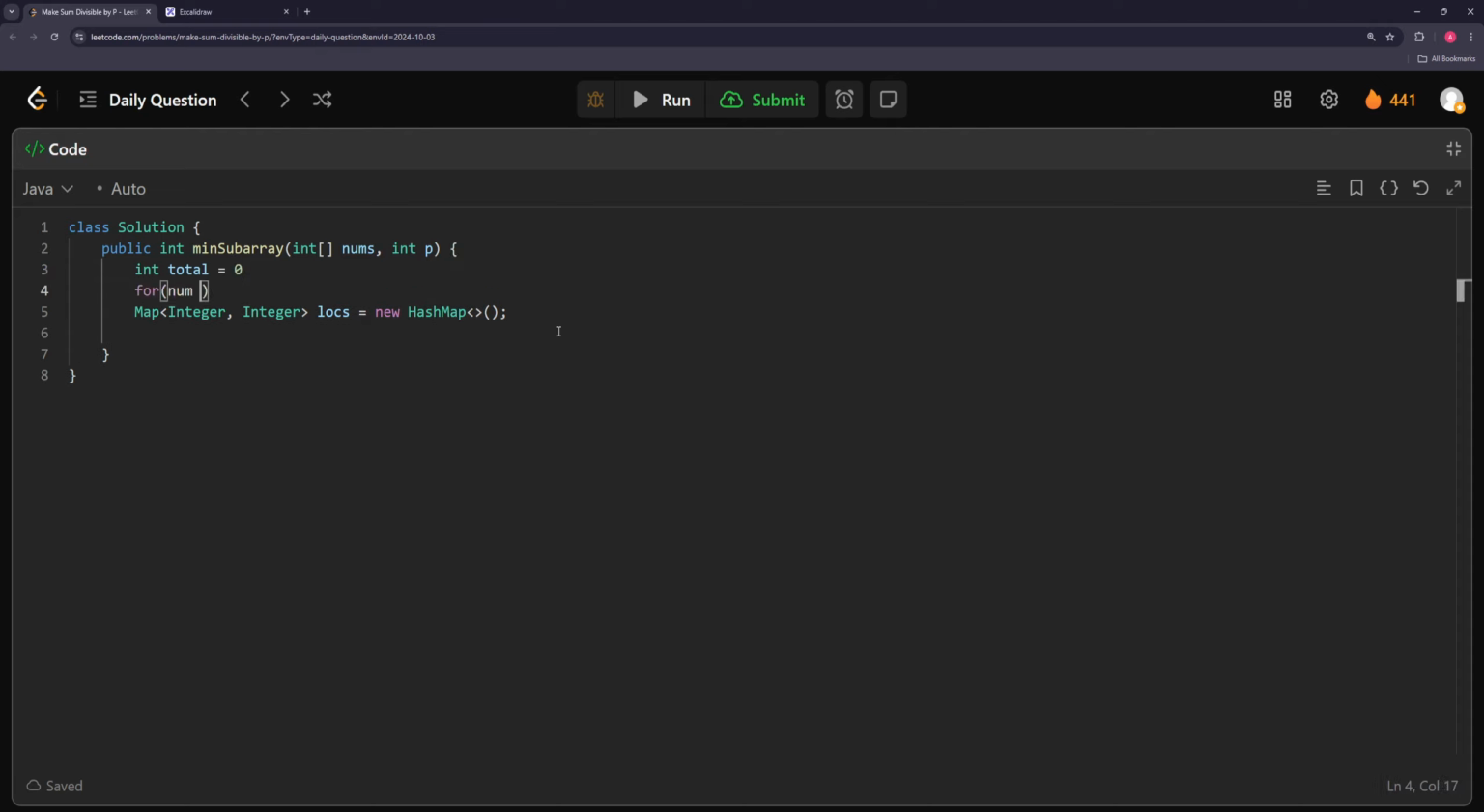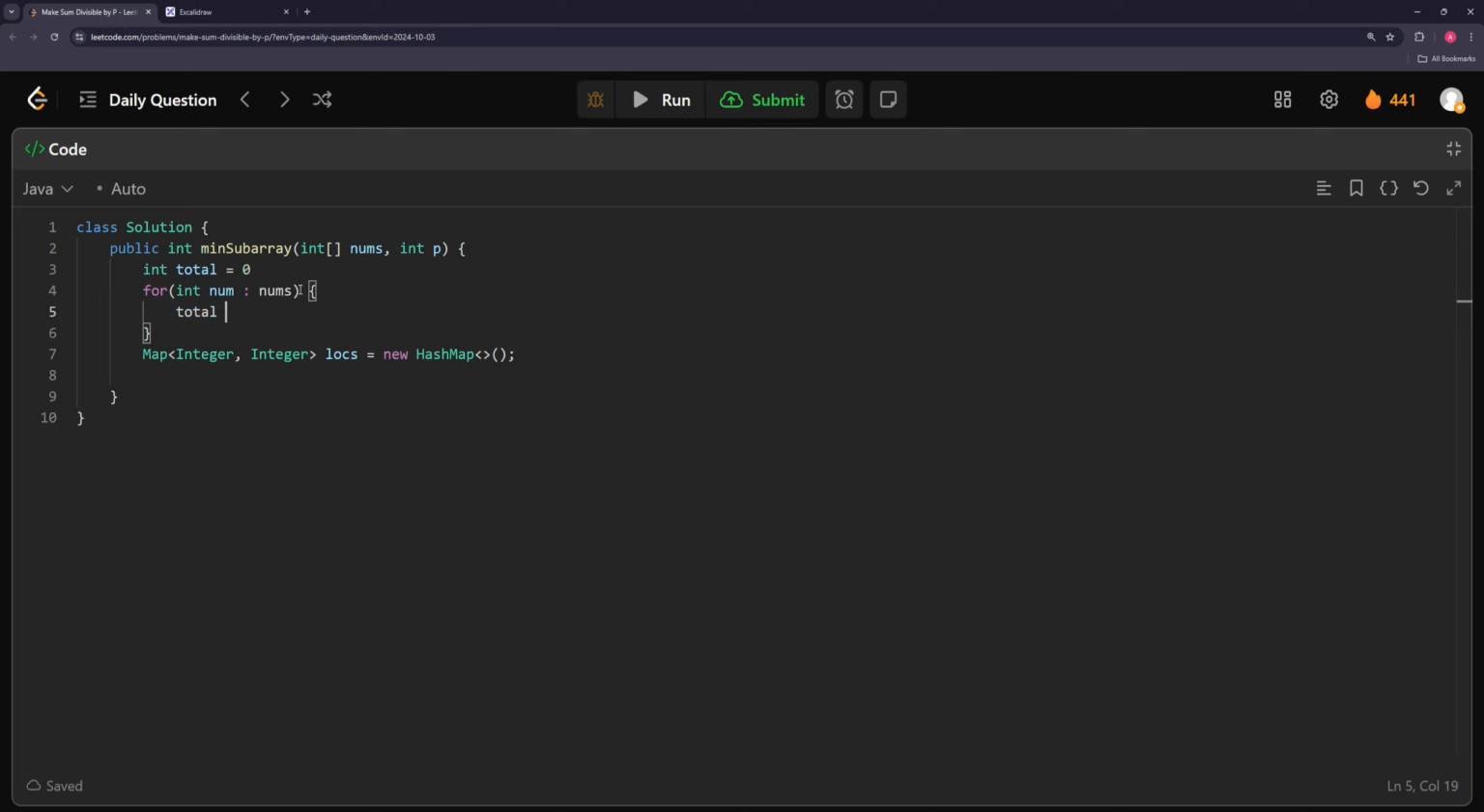And for num in nums, let's just add to the total. And if total mod p equals 0, return 0 because we're done. Okay, so now the remainder we're looking for, we can call that rem or something, equals total mod p. Okay, and then we can make our result